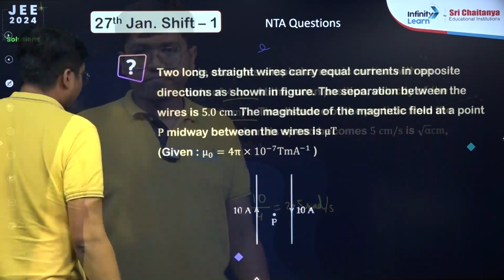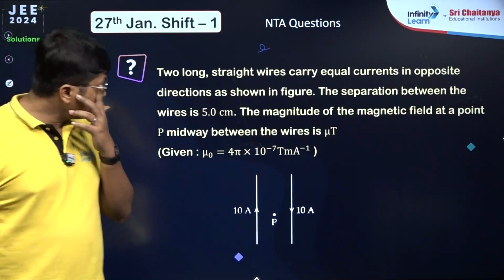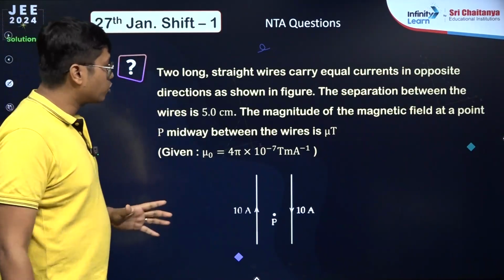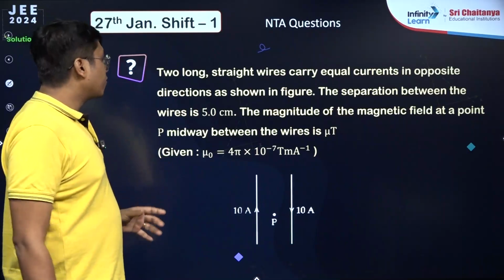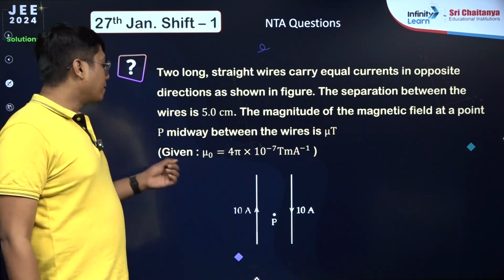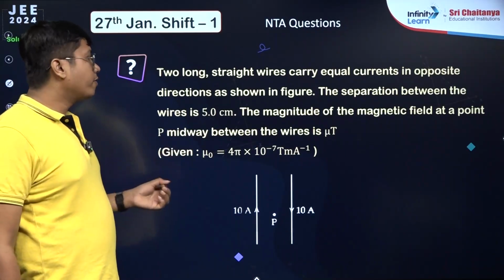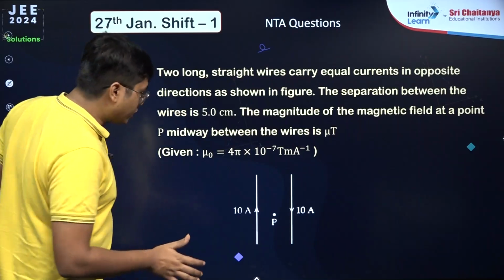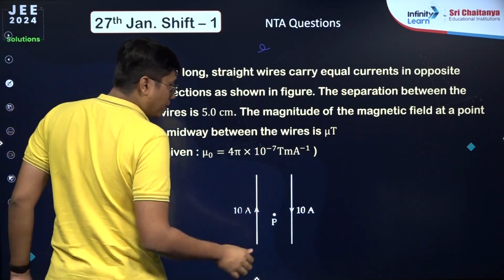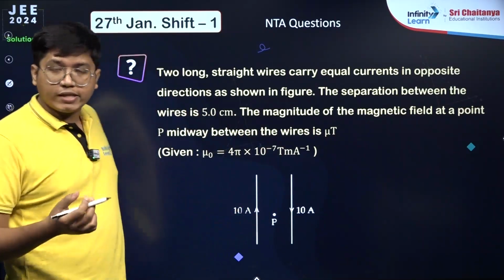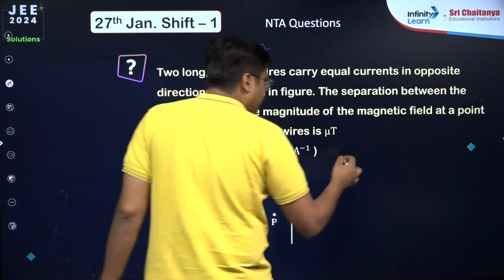That is the answer. Next question goes for 2 long straight wires carry equal currents in opposite directions as shown. The separation between the wires is 5 cm. Magnitude of the magnetic field at a point P midway between the wires is how much? So if they carry currents in the opposite direction, you can see both of their magnetic fields will point into the page. So their magnetic fields technically add up. So your net magnetic field